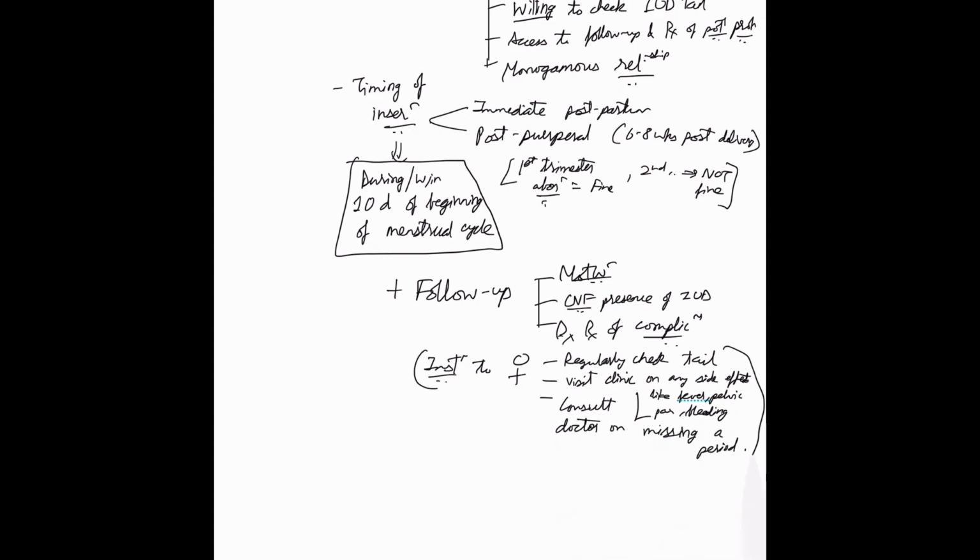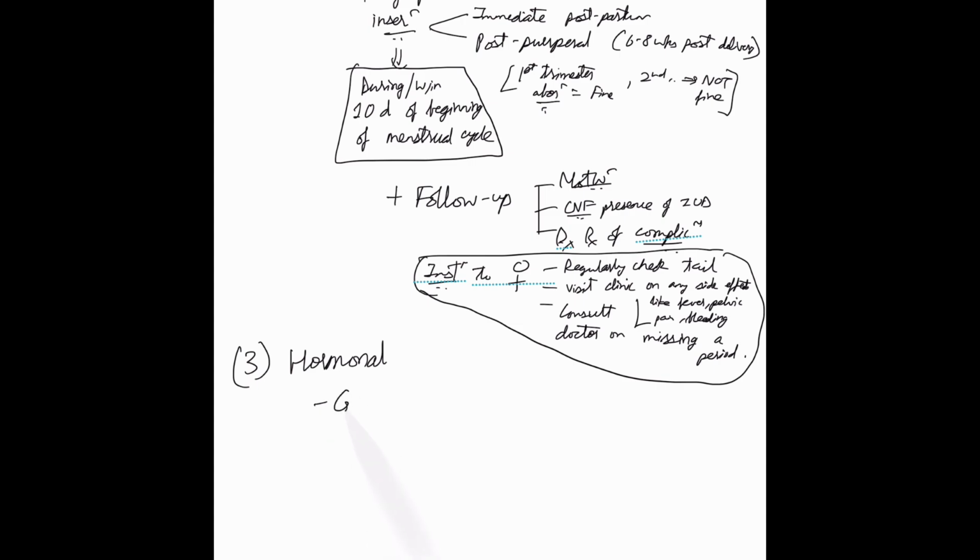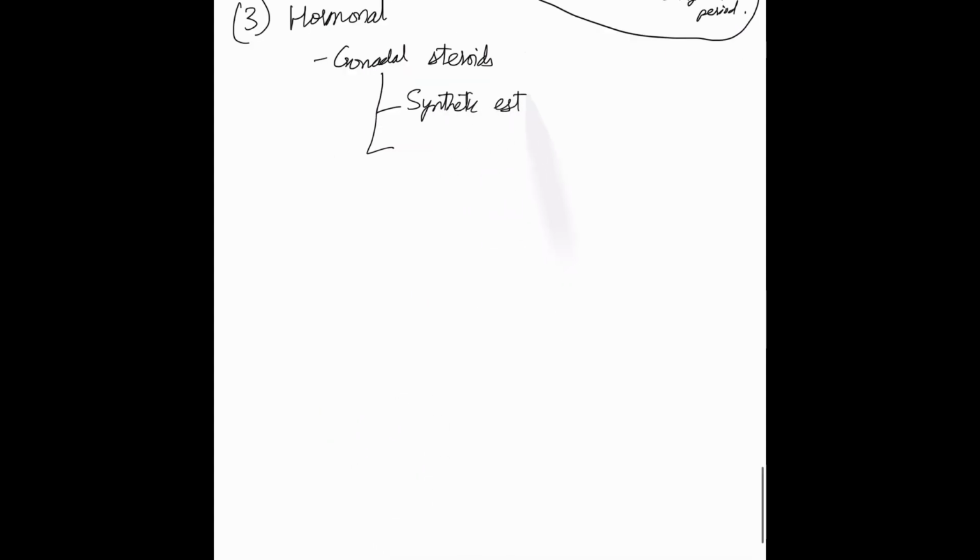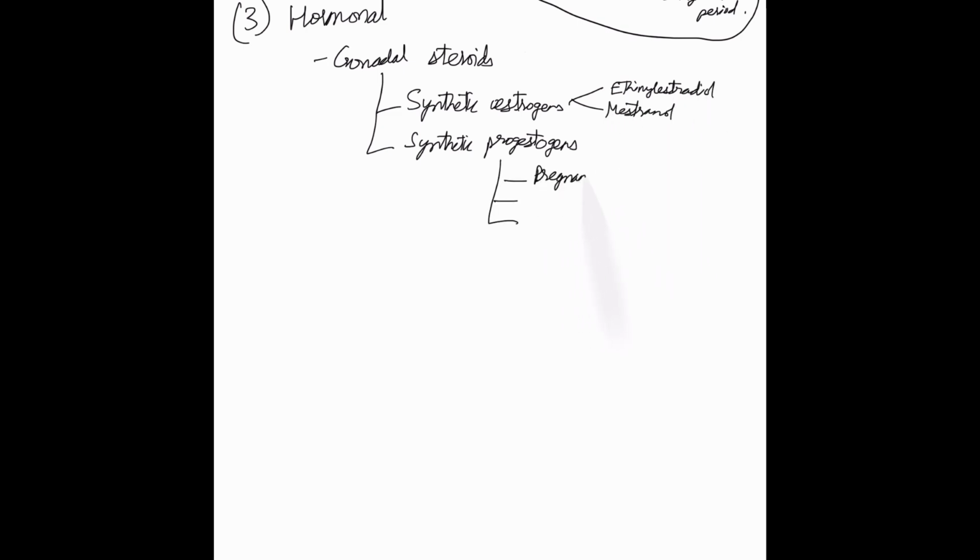Now, moving on to hormonal contraceptives. So there's a categorization of gonadal steroids into synthetic estrogens and synthetic progestogens. Synthetic estrogens consist of ethinyl estradiol and mestranol. Synthetic progestogens can be divided into three groups: pregnanes, estranes, and gonanes. The important examples are megestrol and medroxyprogesterone acetate, or MPA, for pregnanes,